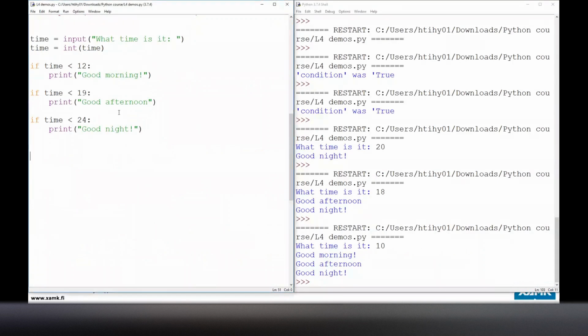So we ask the same way what time it is and convert the time to an integer number. And then we ask the first question, is it morning? This far, everything goes the same way. Then we